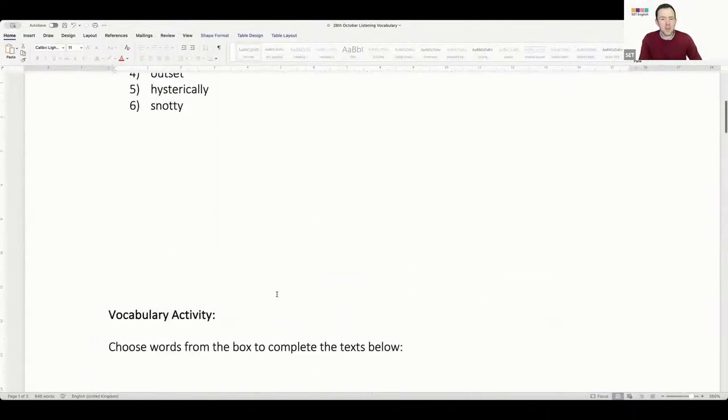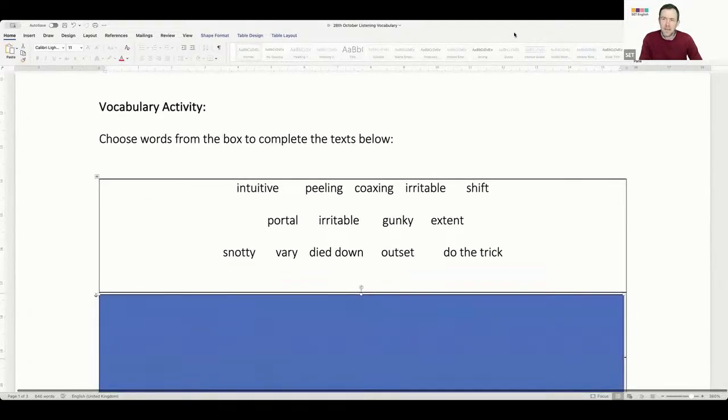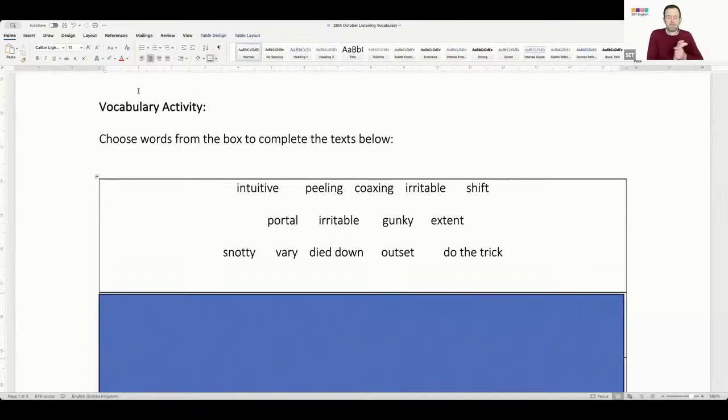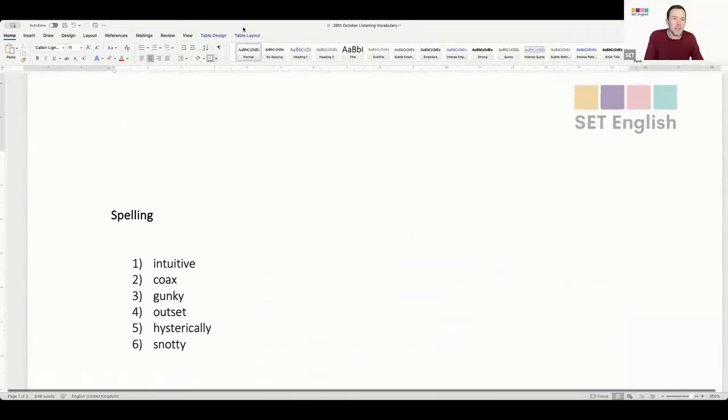Let's look at all of these words here, and just tell me if there are any words where you think, I don't know what that means. I'd like Paul to explain for me, and I'd be very happy to. Put your hand up. Kushani, what word would you like me to help you with? Coaxing. Okay, so pronunciation, coaxing.